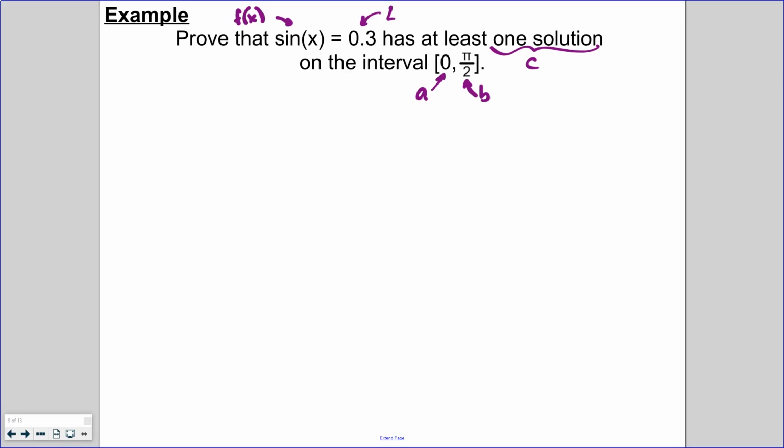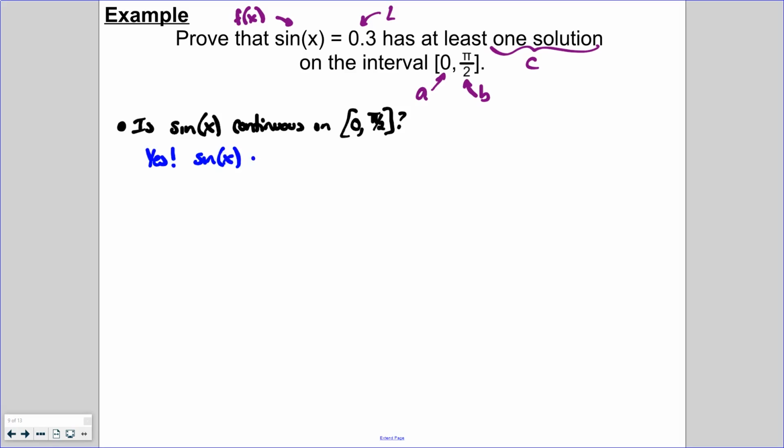Well, to prove a solution exists by the intermediate value theorem, we have to check our two conditions. Our first condition is: is f of x continuous on the closed interval? Or, is our function sine of x continuous on the closed interval 0 to pi over 2? And the answer to that question is, if we think back to pre-calculus, sine is continuous everywhere. There are no vertical asymptotes, or holes, or jump discontinuities. So yes,